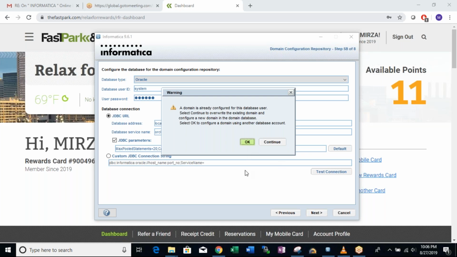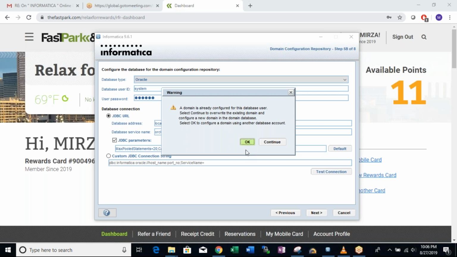In the video, instead of using system, he created a new user named info_term with the password also info_term. You can follow the same way and create a new user. The database address, service name, everything else is the same.